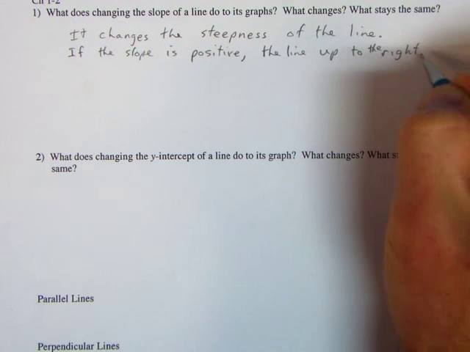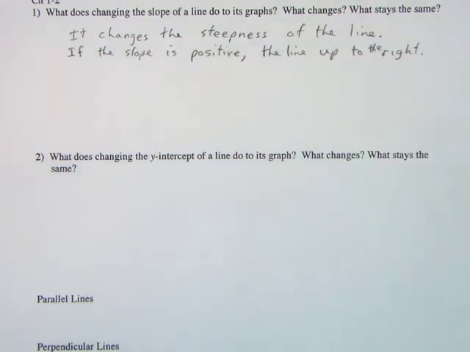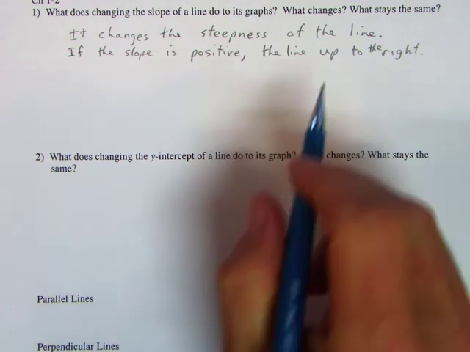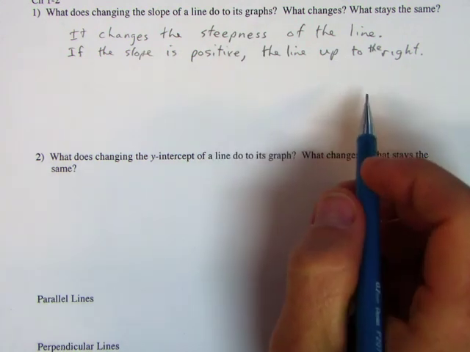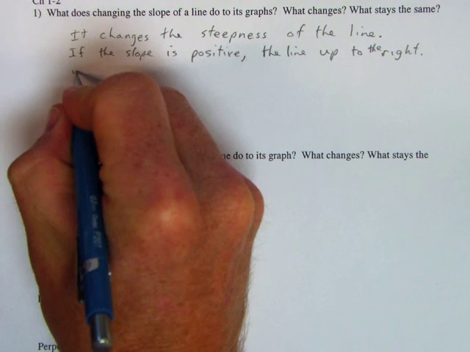Now, some people want to talk about what's happening on the left, but when you're in math, we will go from left to right. So we'll talk about it goes up to the right, and then if